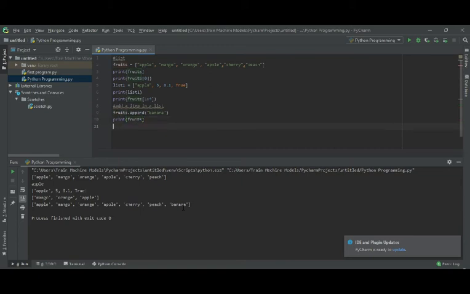We can change it like this. Name of the list, and like if you want to change the value for mango, index 1 equal to